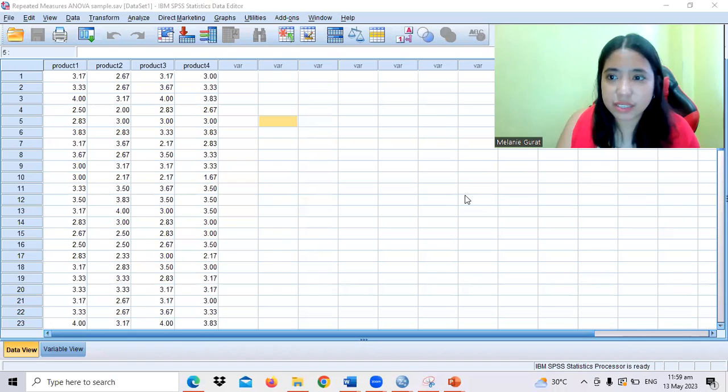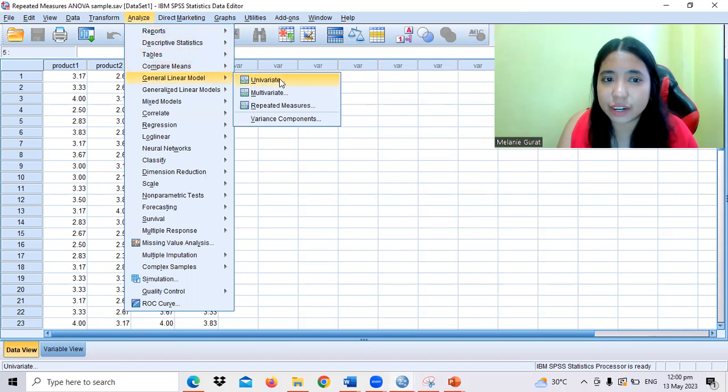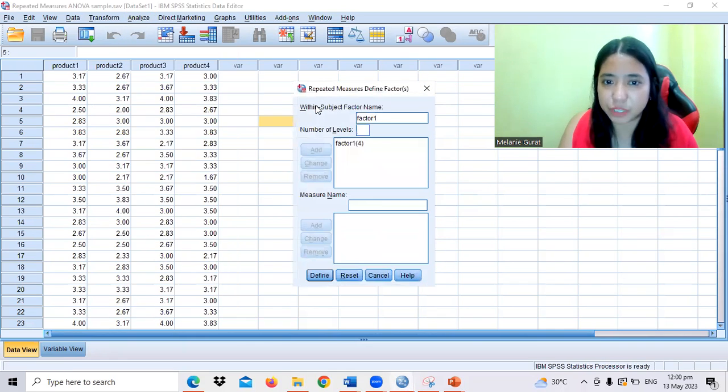So this is our data set. We have products 1, 2, 3, and ratings for products 1, 2, 3, and 4 are encoded. So for us to generate, in our video 1, what we click is Analyze, General Linear Model, and Repeated Measures.